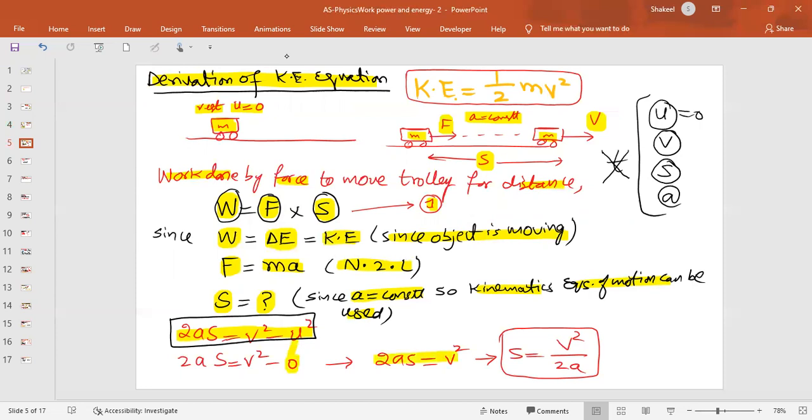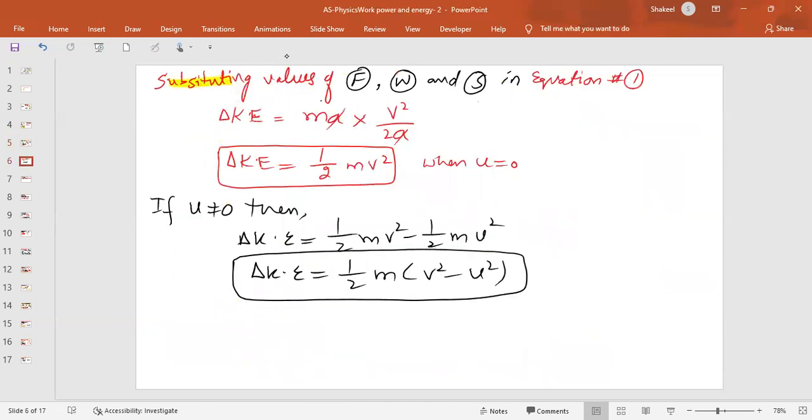So 2as equals v square, and from here s equals v square by 2a. So now you have calculated the value of w, you have calculated the value of f, you have calculated the value of s. So what we'll do is we'll substitute the values of f, w, and s in equation 1. So you know, equation 1 was